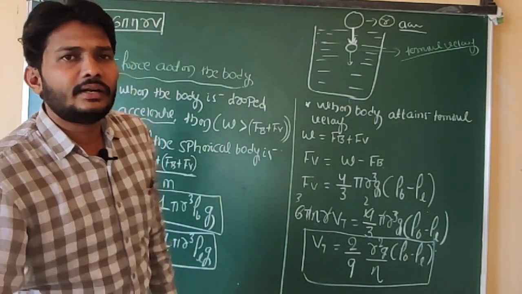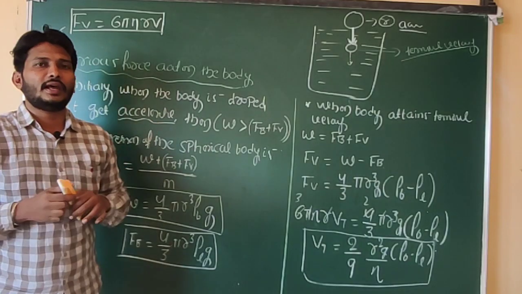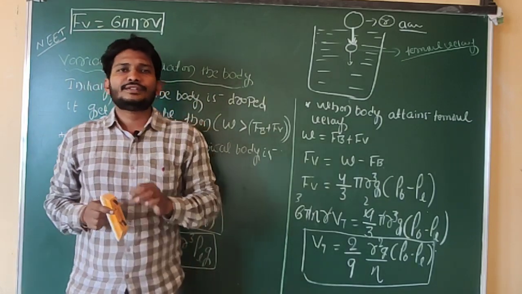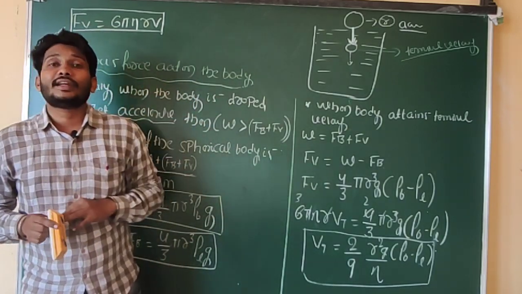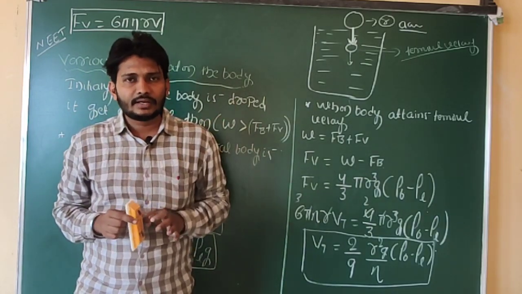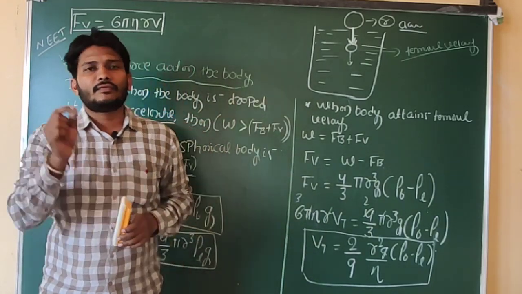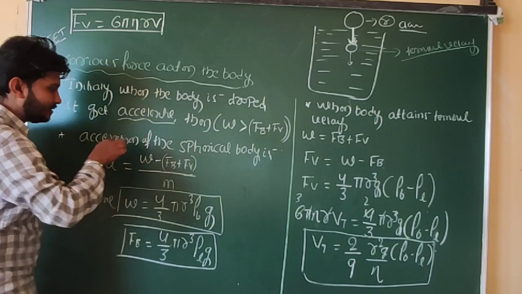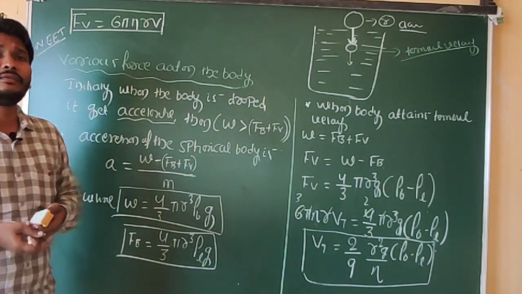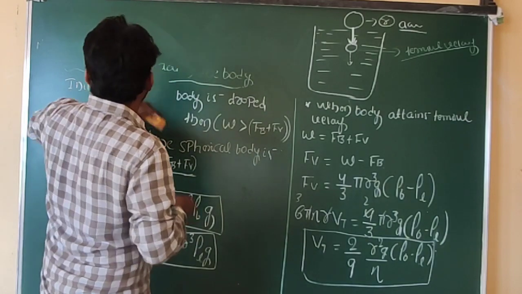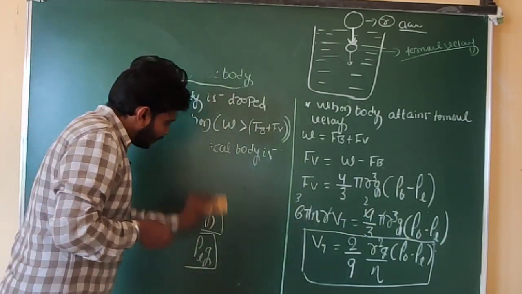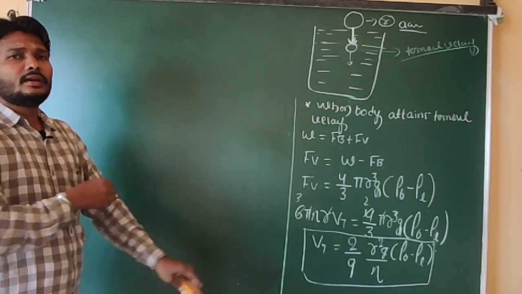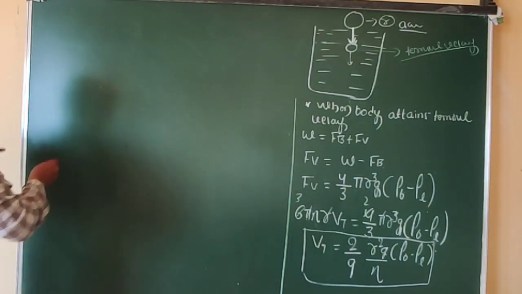Next, in case of fluid, we can consider the flow of fluid as streamline flow as well as turbulent flow. What kind of flow can we consider as streamline flow and what kind as turbulent flow? We can understand this with the Reynolds number. Next we'll discuss the Reynolds number, which gives information about whether the flow is streamline or turbulent.